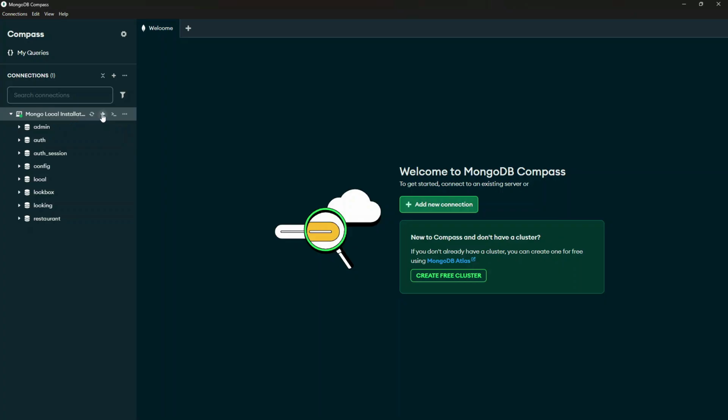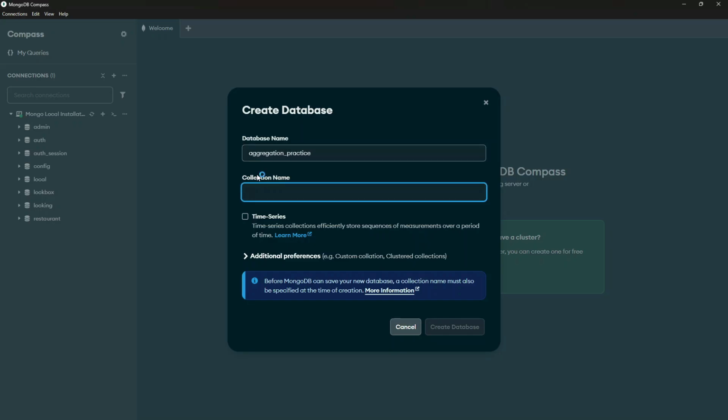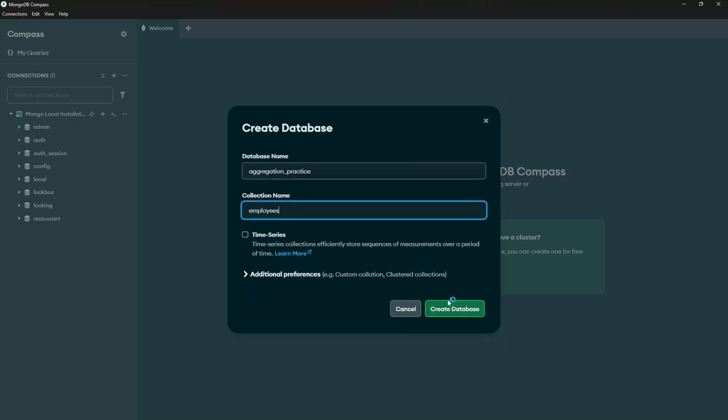Now what I will do here is go to create database. For the database name, I'm going to say aggregation practice, but feel free to give whatever name you feel like. For me, this name makes sense, so I'm giving this one. And for the collection name, I'll name it employees. Then click on